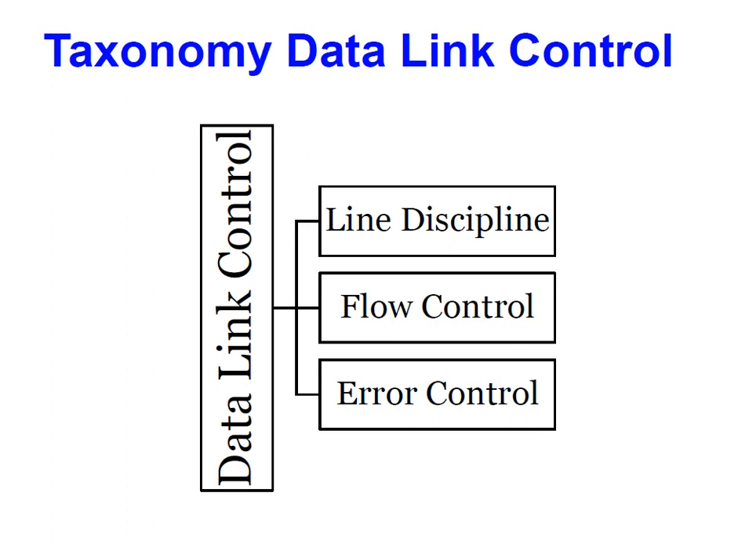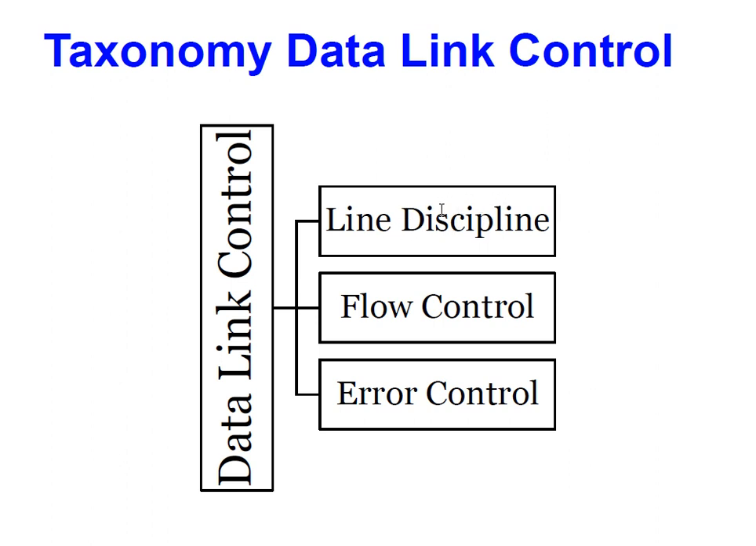Now here we see the taxonomy of data link control. What exactly is data link control? It provides a service whereby the data link layer can enable reliable data transfer between the sender and receiver over the medium. Data link control can be categorized into three functions: line discipline, flow control, and error control. Line discipline means